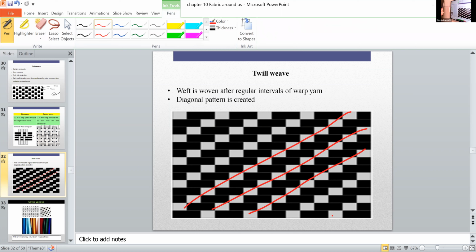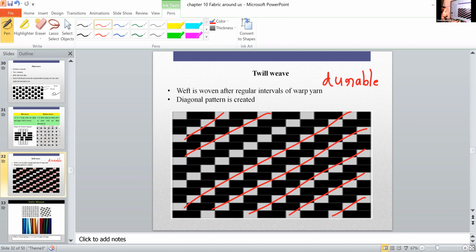Reina, is it clear? A diagonal pattern is seen in the twill weave. Both warp and weft yarns are arranged diagonally. That is called a twill weave, and it is very expensive and very popular. Due to this structure, it is very durable also. These twill weaves are most commonly seen in bags and jeans. You can see diagonal patterns in your jeans. The jeans are more durable than the plain weave.